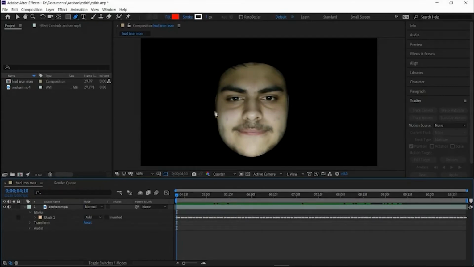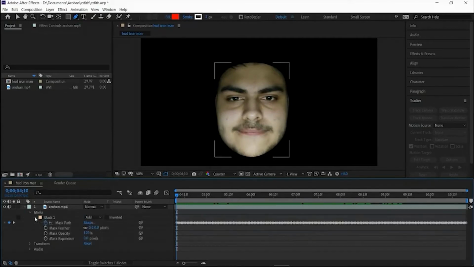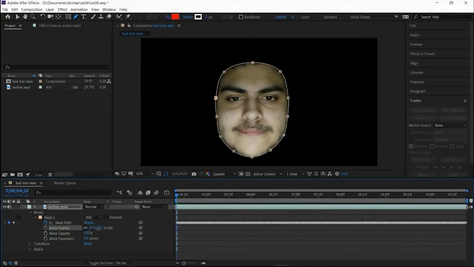Just to make it a little bit smoother, what we are going to do is feather the mask. Again, when you click on this arrow, a drop down menu will come, which has all the options for the mask. Just increase the feather value to something around 100.